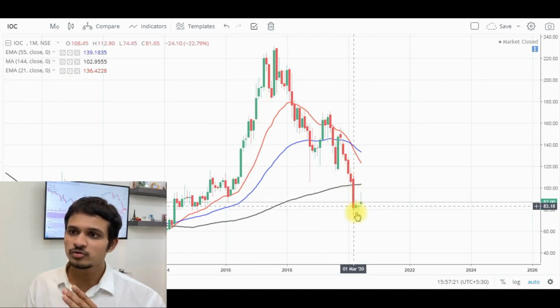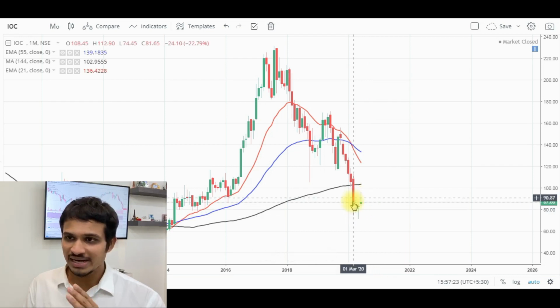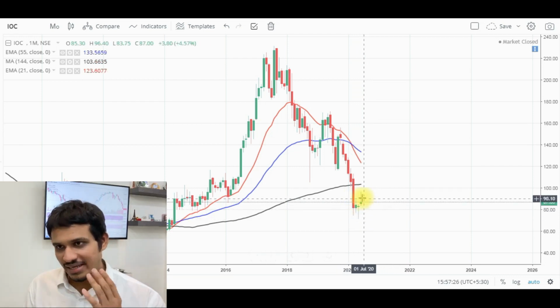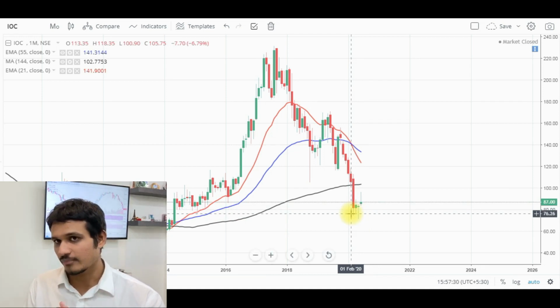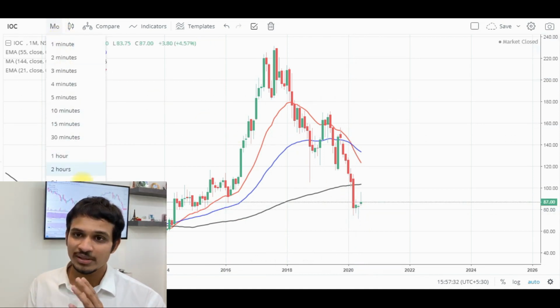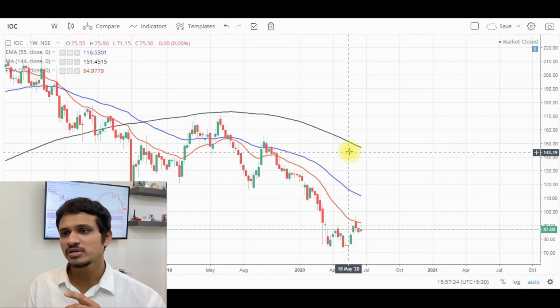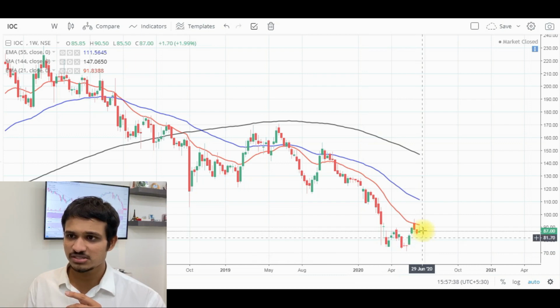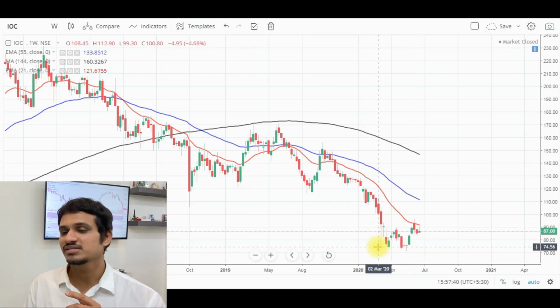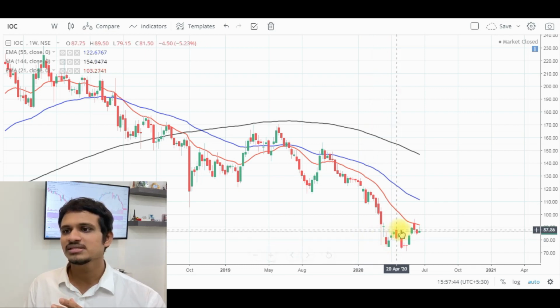We can see a few shadows along with a few green candles over here which tell us that the price is trying to make a recovery, or this can be just a pullback. We'll go into the weekly time frame and analyze the stock further. So here if we analyze the stock further and we see the recent price action in this region of the chart, we see that the price is facing a support over here, which was the earlier support, and the price is trying to make a breakout of the apex over here.